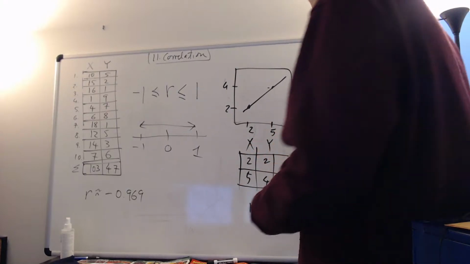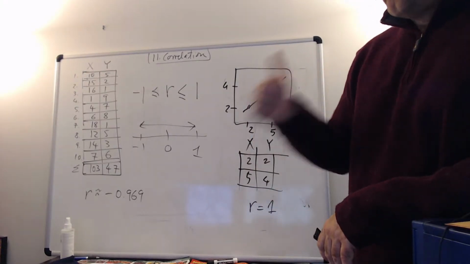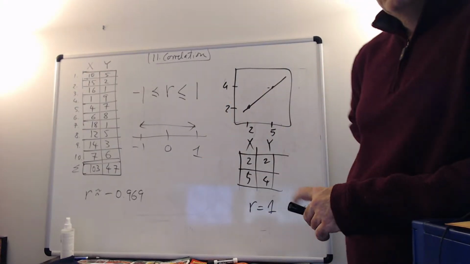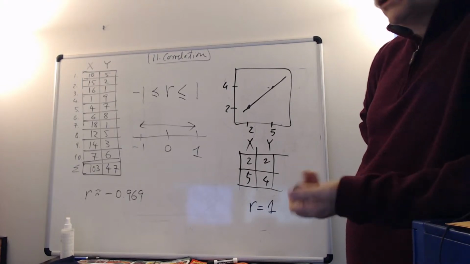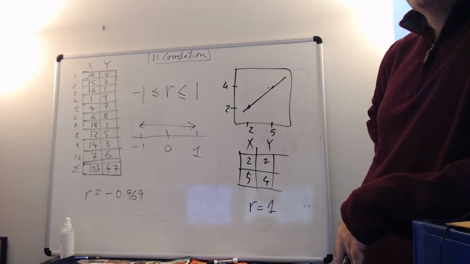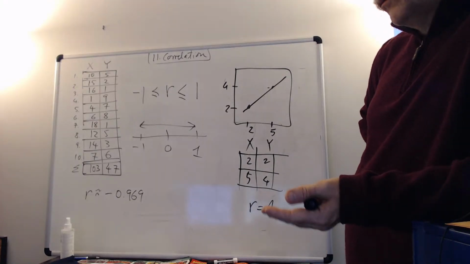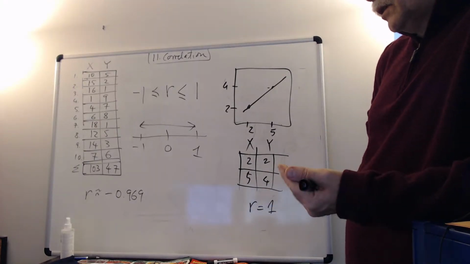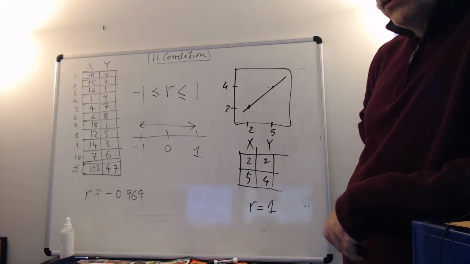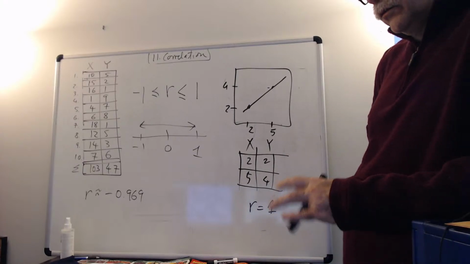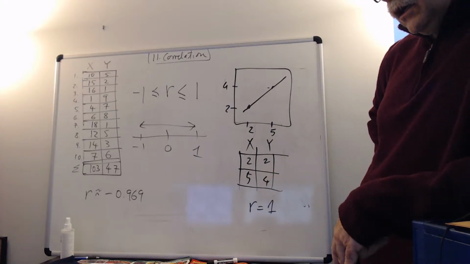Because it says, hey, I can put a line through it. And if you can put a line through it, you have a linear trend. The R will come up as 1. However, you cannot conclude that because your sample is too small, right? So basically, what we're talking about here is that there is another thing in the game, and that is the size of the sample. So the next time we meet, which is on Wednesday,